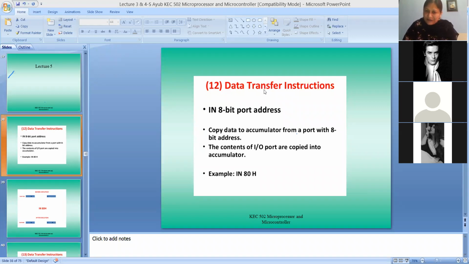Suppose I am connecting two input devices and I want to refer to only one of them. Then both input devices should have addresses, because unless they have addresses we cannot refer to which device we want. So each device which we interface to 8085 externally should have an address, and if it is an input output port, that address can be an 8-bit address.